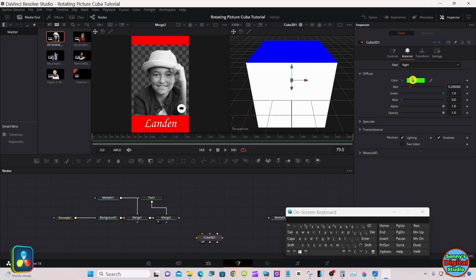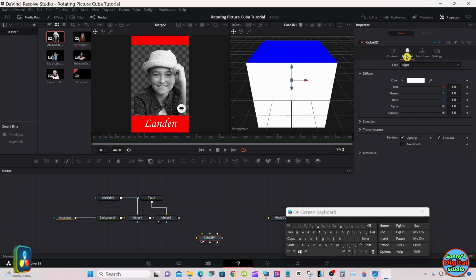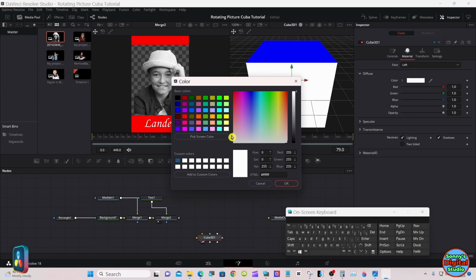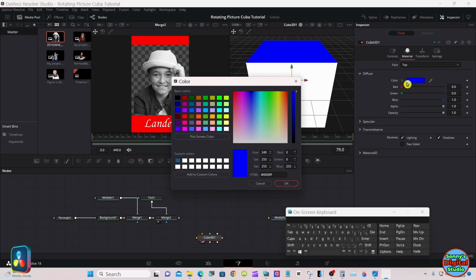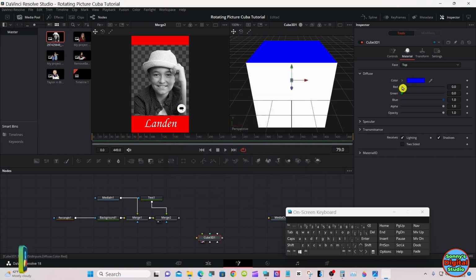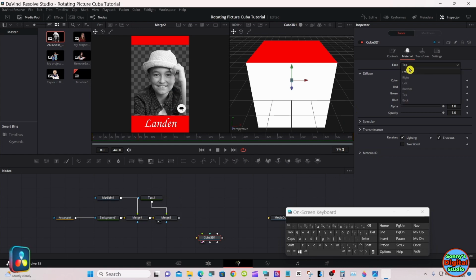Right, left, and back. Back is all automatically white. Make the top and bottom the same color as you made the border in the left viewer.